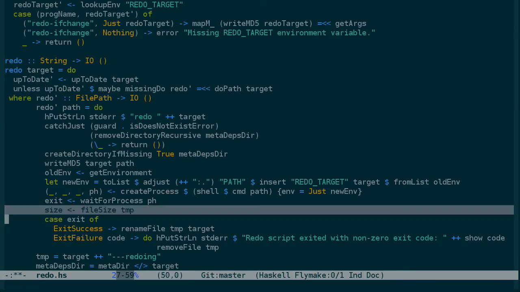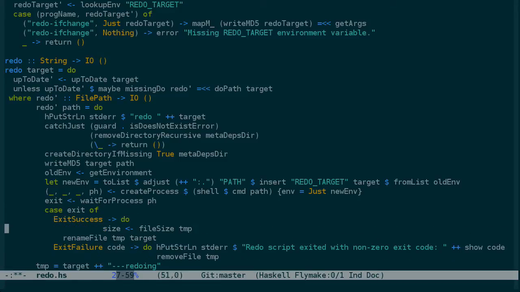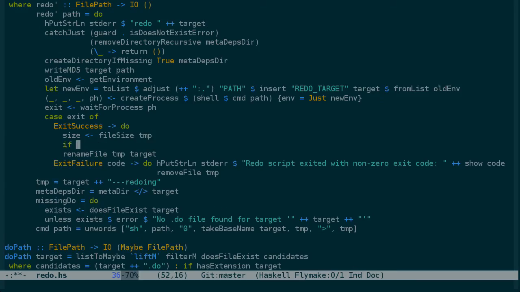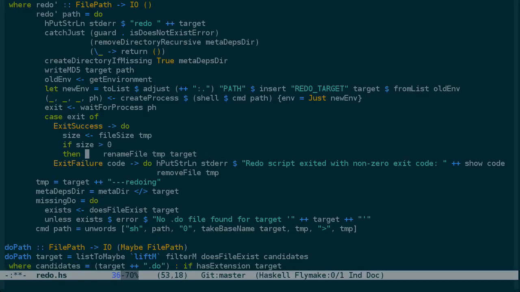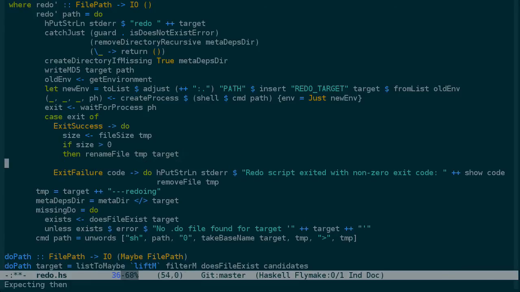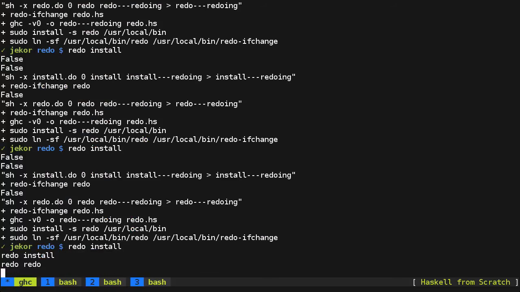here, actually we'll want to do this here. If the script ran successfully, we'll say if the size is greater than 0, then we'll rename the file, and if not, then we will remove the file. So